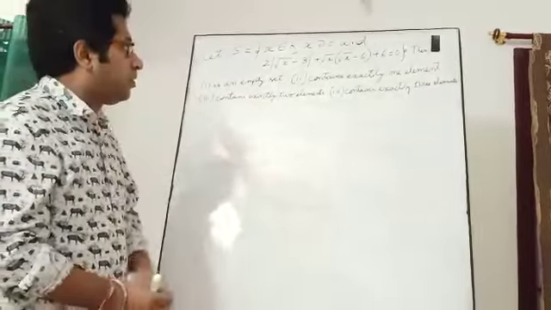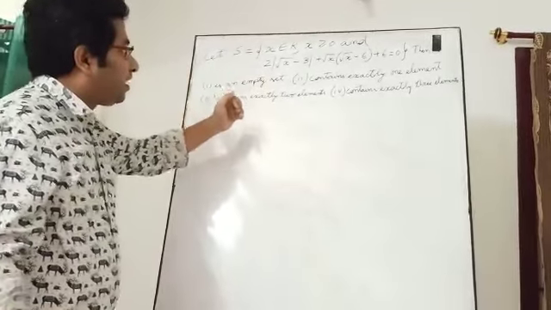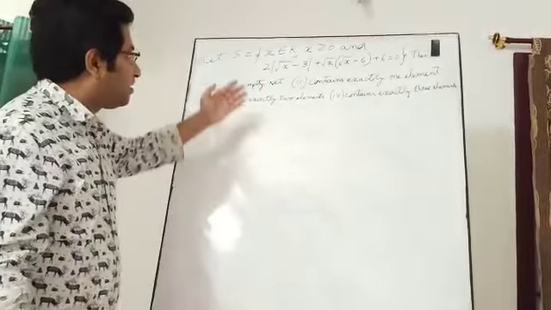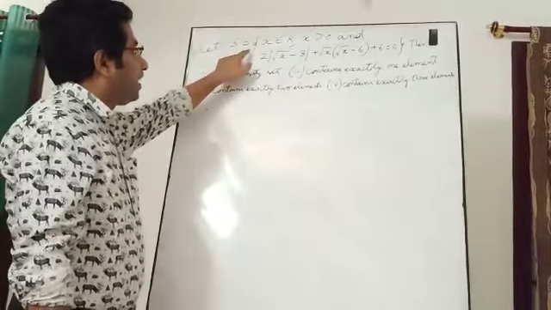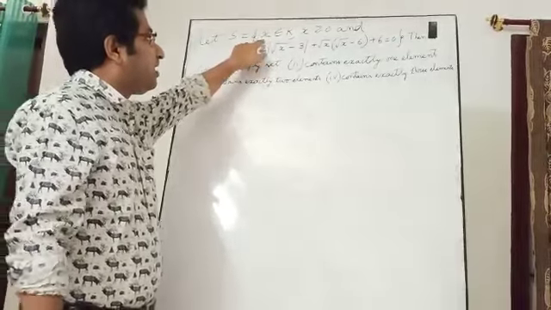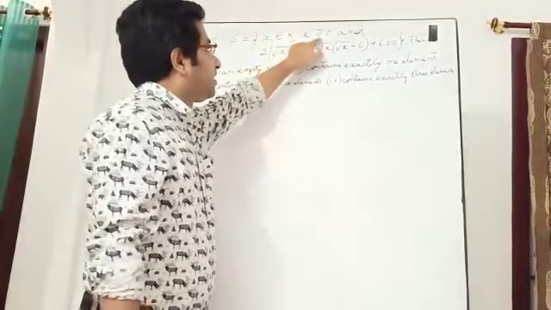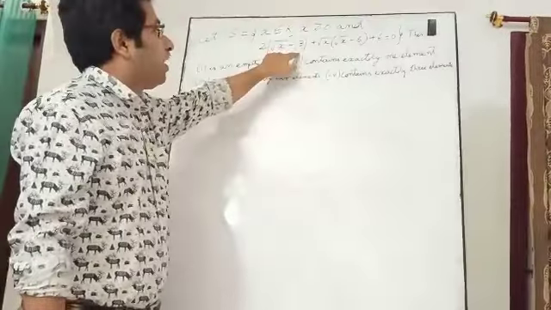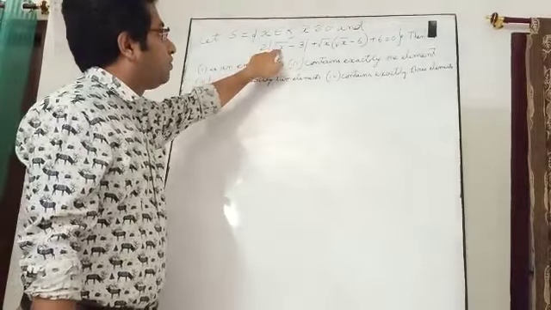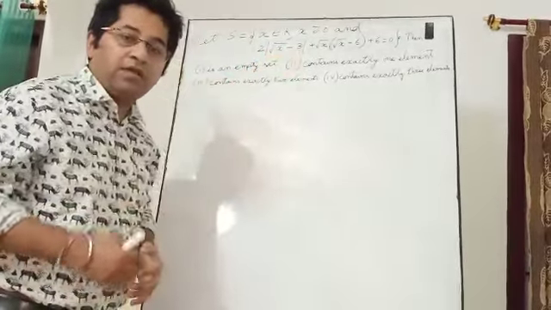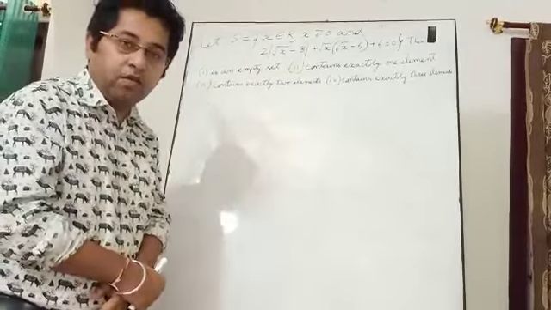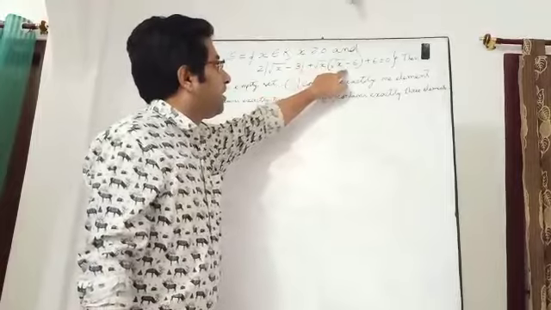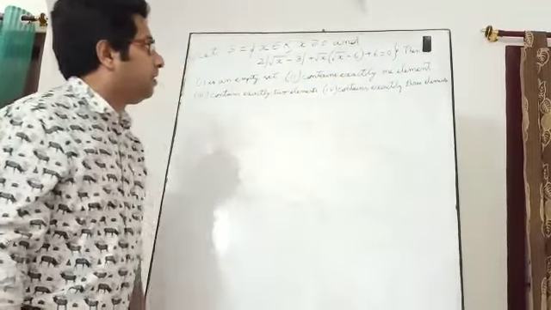Okay. So this is one question I am taking for you all, for the first year as well as for the second year. So see the question. Let S equal to x belongs to R, x is a real number and x is greater than equal to 0, and 2 into modulus of root x minus 3. I think all of you got the modulus function in the first year. Okay? 2 into modulus of root x minus 3 plus root x into root x minus 6 plus 6 equal to 0.